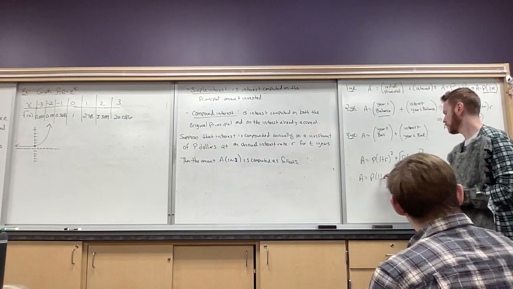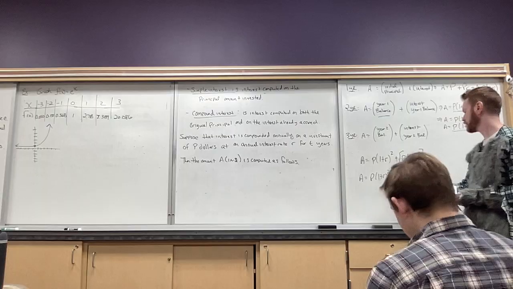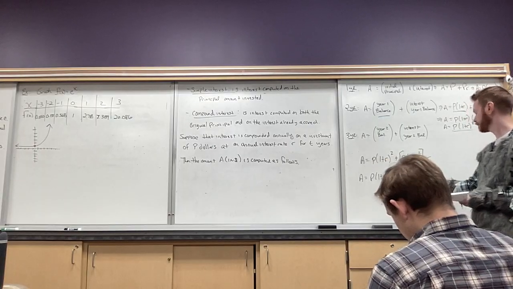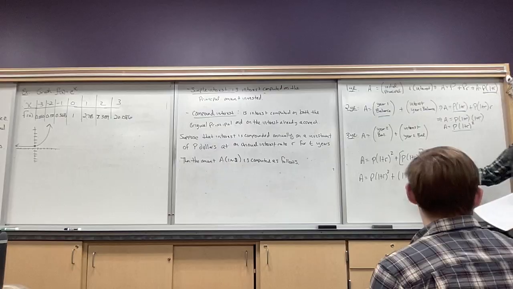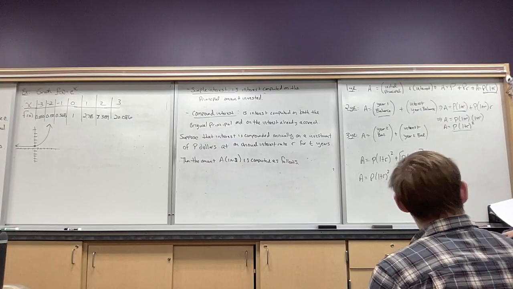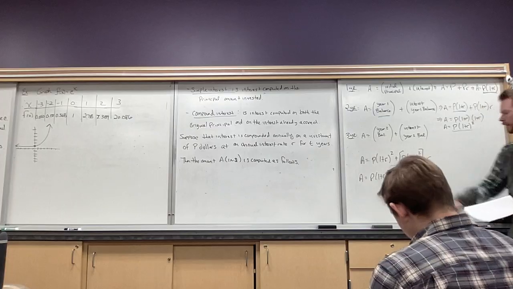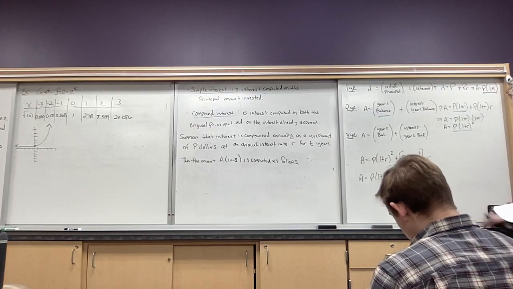So it'll be P(1 + R)^2, and then this will just be (1 + R), because that's just a 1 that's there, just an R that's left. And then I can go ahead and combine those. Oh, not plus, I'm sorry. It's multiplied now. And I can combine those with the next exponent,